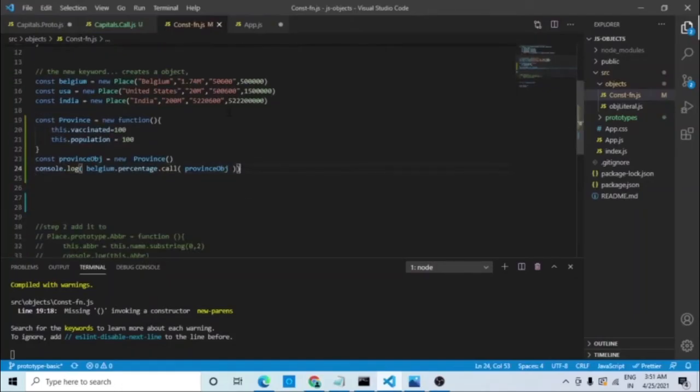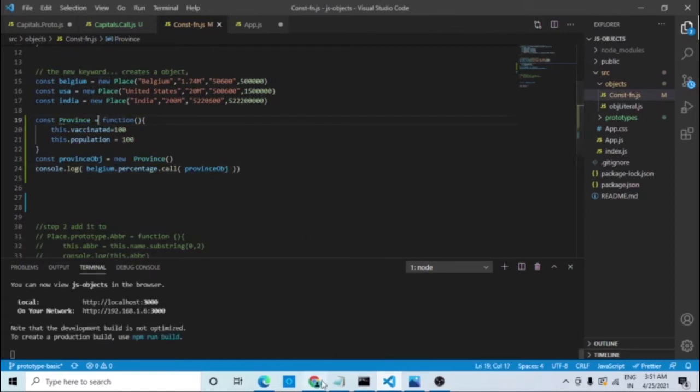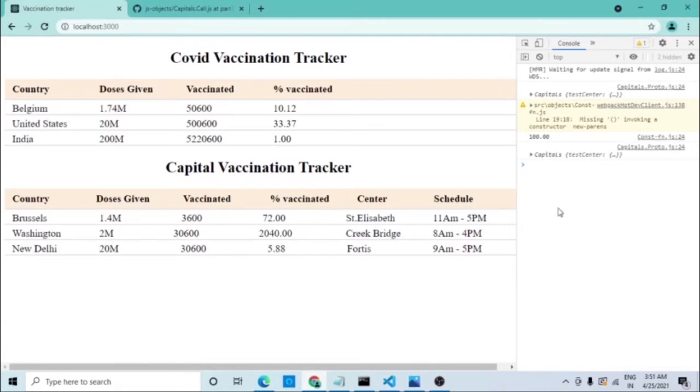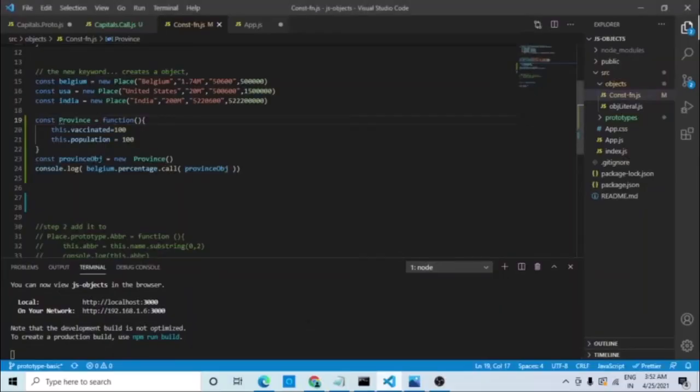Oh, sorry, I have to remove the new over here. I missed it. So if I save it now and refresh, that works good. And we have the 100% over here, right? So that's the magic of the call function. Now, what we can do is create a new file in our code base,